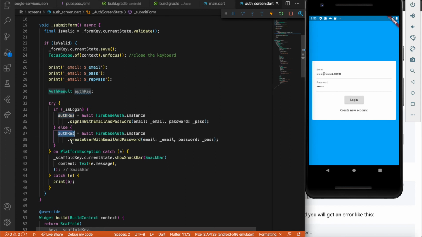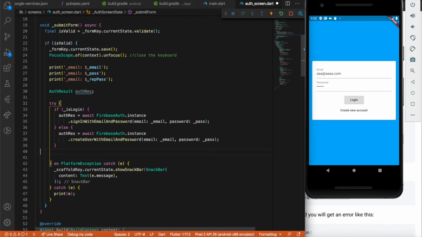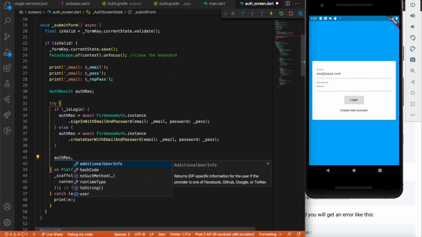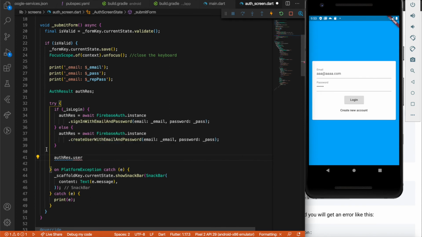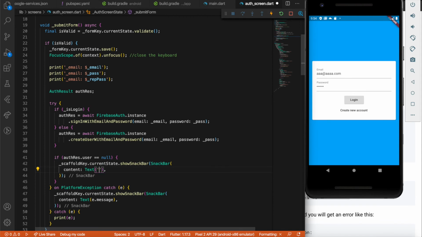Okay, what is in the response case? So in here we can also find out auth result dot, if there is some user information in the variable, if user is equal to null, if there is no user, so we can again copy it and display the snack bar with error that something went wrong. Please enter correct email password,